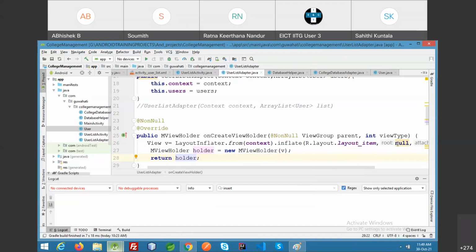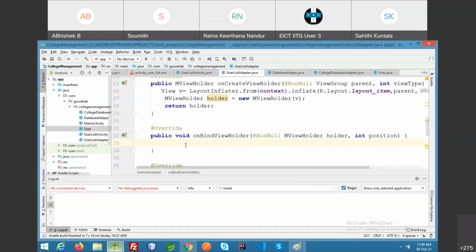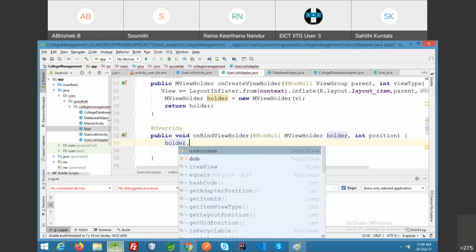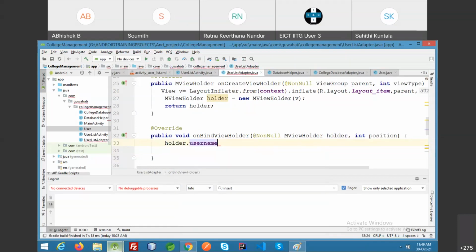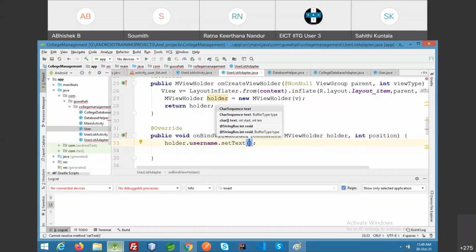And this root must not be selected here. And bind view holder. We have the list, so we have the holder here. In the holder, dot username dot set text. What to set the text here? The list users